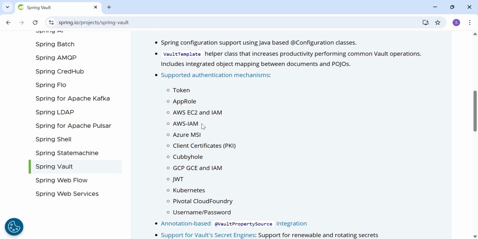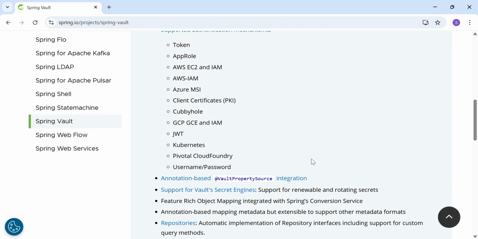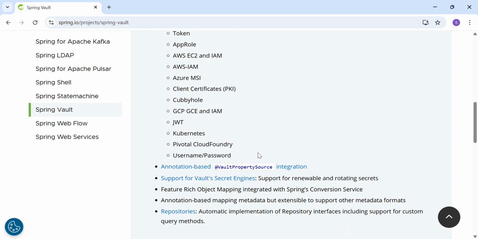One is token, AppRole, AWS EC2, and Identity Access Management, Azure MSI, client certificates, Cubbyhole, GCP, GCE, and IAM, Google Cloud Platform, JWT, JSON Web Token, Kubernetes, PCF, Pivotal Cloud Foundry, username and password. So annotation based @VaultPropertySource integration, support for Vault's secret engines, support for renewable and rotating secrets, feature rich